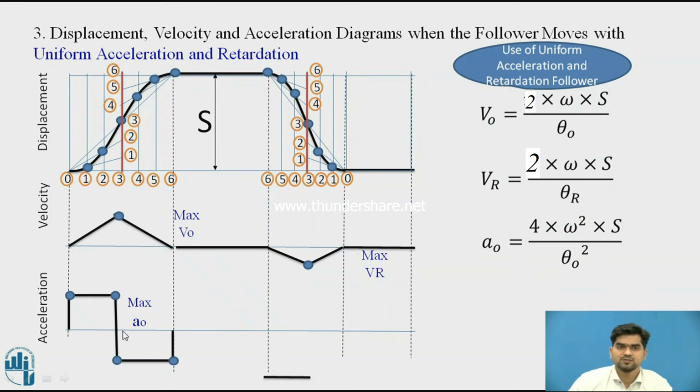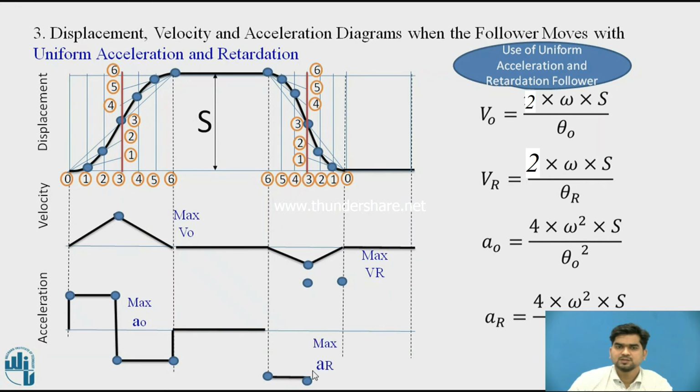At the middle of the stroke, as the velocity is maximum, we are getting the minimum acceleration. So like this we get the acceleration diagram for the outward stroke. For the dwell period acceleration is 0. Again for the return stroke, calculate the acceleration for the return stroke. Sorry, the formula is not visible. Just by knowing the formula for the acceleration for the outward stroke, instead of theta o, we have to use theta r. Calculate the acceleration for the return stroke.